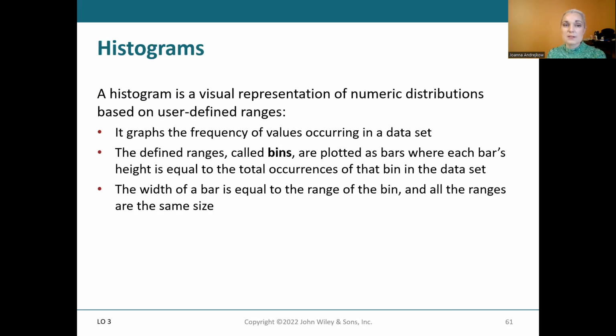One type of distribution analysis we do is histograms, and a histogram is a visual representation of numeric distribution based on user-defined ranges. It graphs the frequency of values occurring in the data set, so how many times a number occurs. There are defined ranges that are called bins, and they're plotted as bars where each bar height is equal to the number of occurrences of the bin in the data set. The width of a bar is equal to the range of the bin, and all the ranges are the same